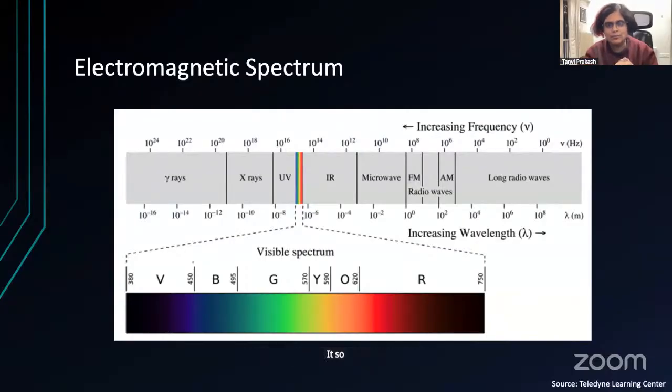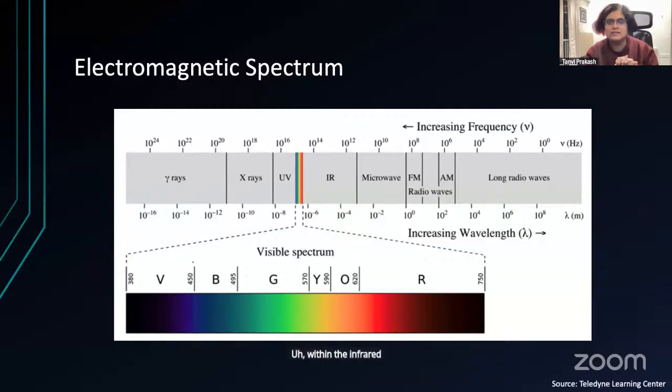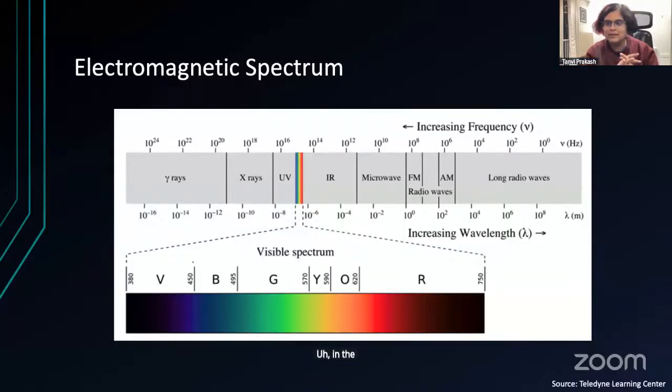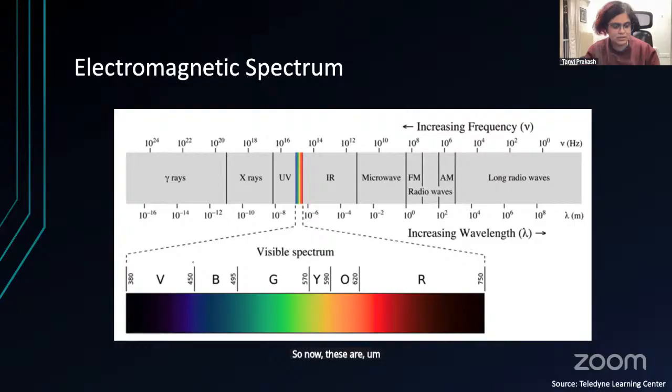It so happens that for most UAV applications, the electro-optic and IR spectrum do the job without being way too expensive. Within the infrared also, there are several ranges, just like how we have the Vibgyor spectrum, the rainbow spectrum. In the electro-optic range, we also have ranges within the infrared, which are called the short wave infrared, medium wave infrared, and the long wave infrared. So now these are also kind of, in a way, different